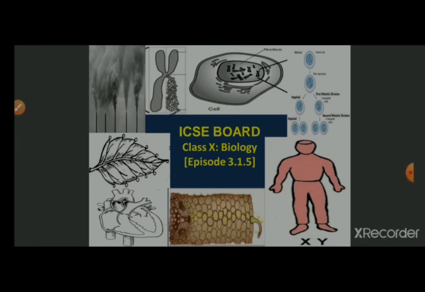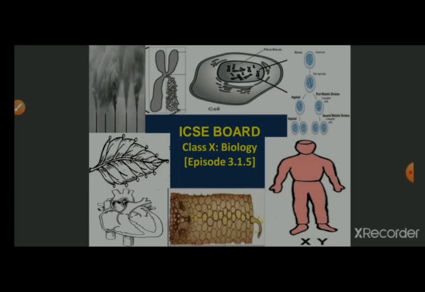In the last episode we have seen about the blood channels, blood vessels, arteries, veins and capillaries. We have seen the structure of artery, vein and capillaries, as well as the differences and their functions. We have also talked about the principal arteries and veins, and we have seen about the portal system, and in our syllabus we have talked about the hepatic portal system and its function.